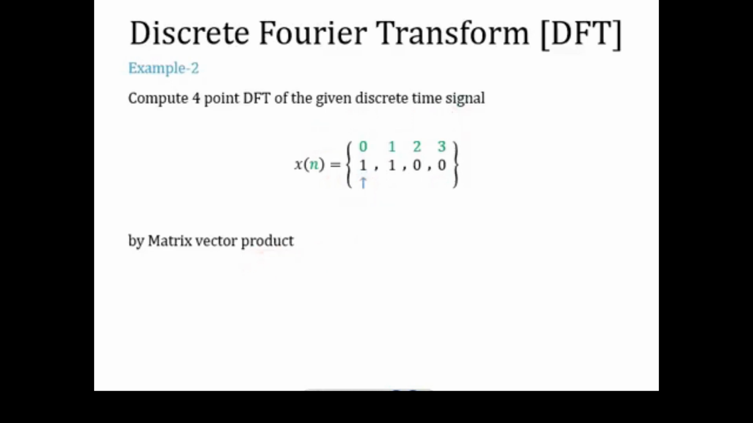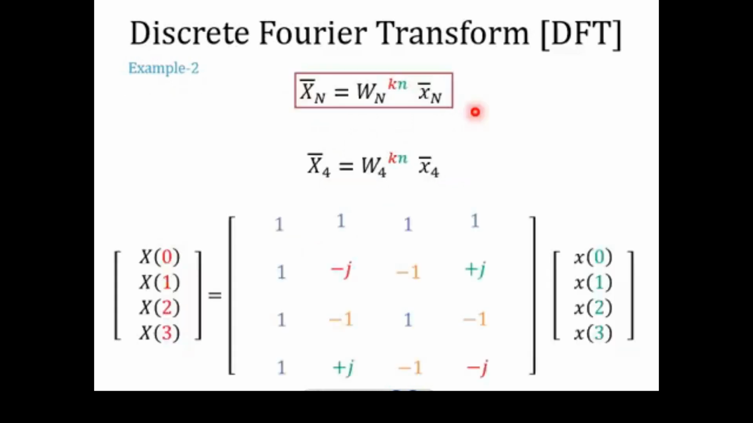Using matrix vector product, the DFT analysis equation can be written in the form of matrices like this. We have to multiply a time domain sequence, which is a one-dimensional vector, with the W4 matrix because the value of N is 4. The values of the W4 matrix are pre-calculated, or practically pre-stored in our computer memory, and we are just going to multiply this W4 matrix with the incoming time domain sequence, which also contains 4